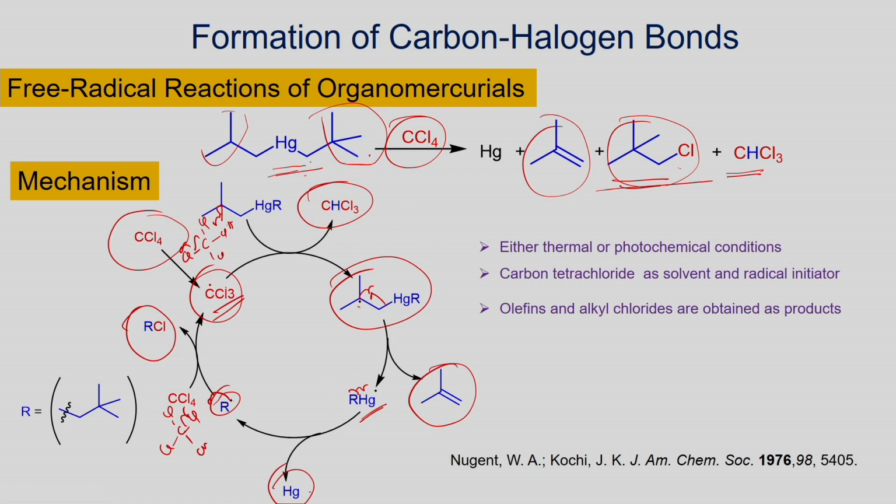In this way, if you have this organomercury derivative, since you have the hydrogen, this hydrogen can be abstracted by the radical that you generate from the carbon tetrachloride. In this way, the reaction can be initiated, and you can make this alkyl halide, the chloride, as the product. This reaction can be carried out in the presence of light as well as heating, with carbon tetrachloride, or you can also add a radical initiator. In this way you form the radical, and once you form the radical, the reaction can be facilitated, and you can make the alkyl chloride as the product.